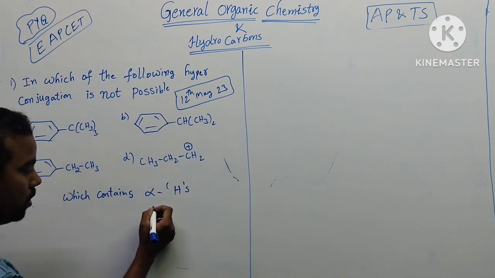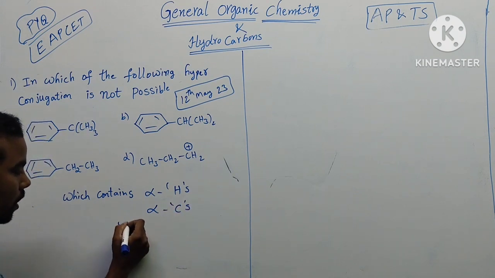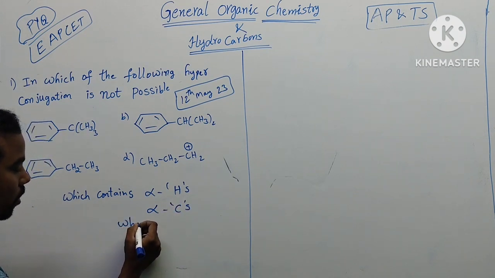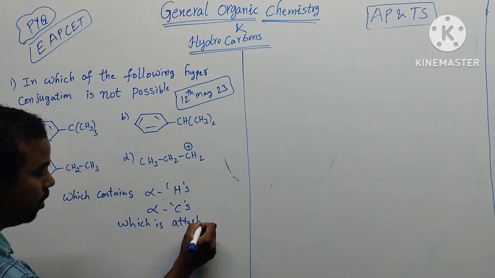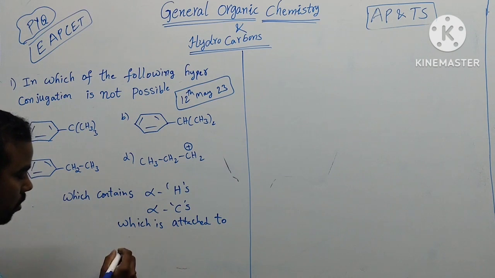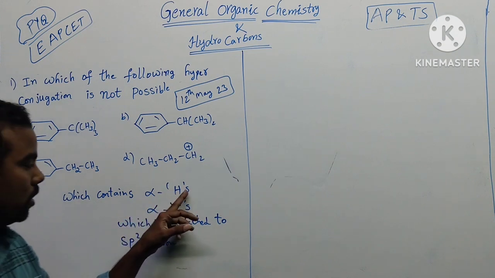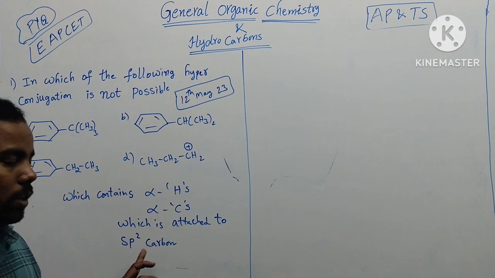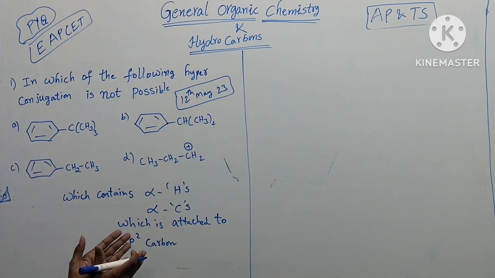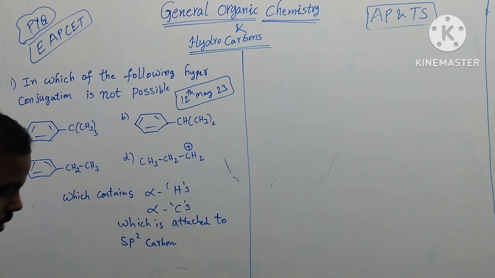Alpha hydrogens means hydrogens on an alpha carbon which is attached to an sp2 carbon. Those molecules only exhibit hyperconjugation. For example,